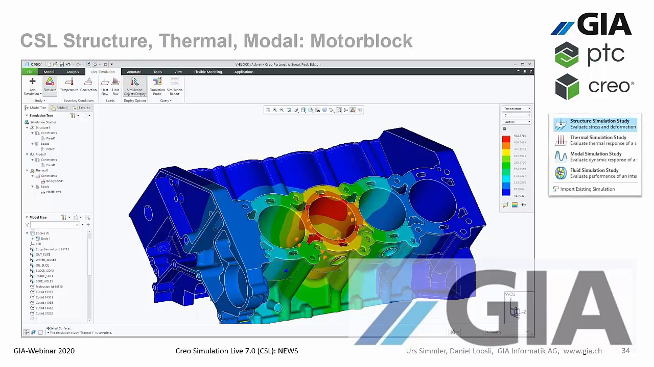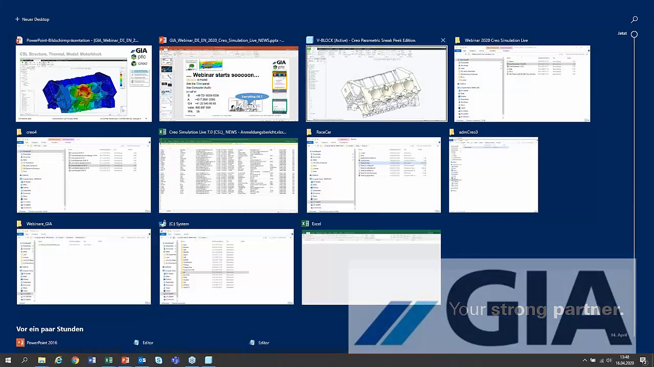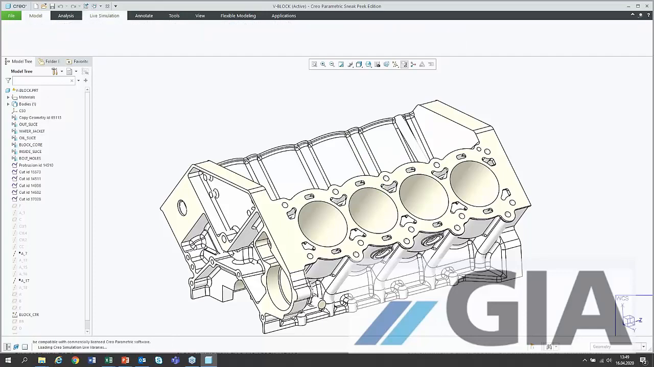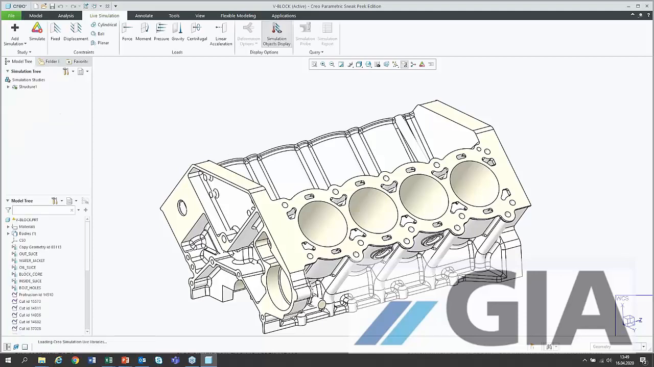Okay, let's start with the capabilities which are available in Creo 4, 5, and 6 with, let's say, structure, thermal, and modal analysis. Therefore, I'm changing here to Creo Parametric 7.0. Unfortunately, I was too stupid. No, the new license for the flow analysis is not available right now, and therefore I have to use the sneak peek edition of Creo Simulation Live of Creo Parametric, and let's say this is a little bit, or might be a little bit buggy, but we'll see, no problem. So we're going here for live simulation,